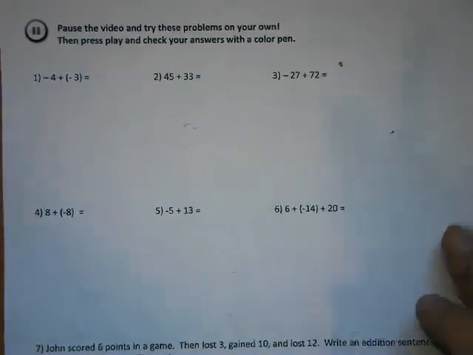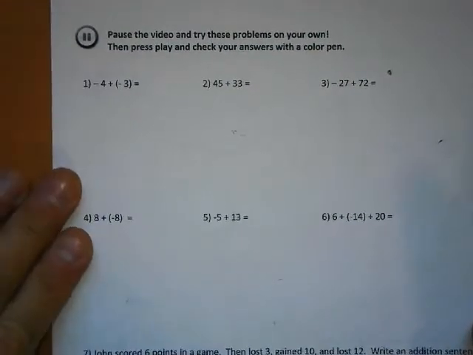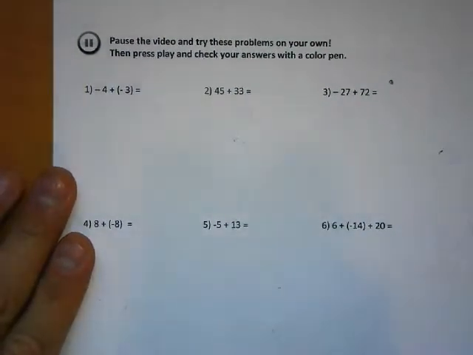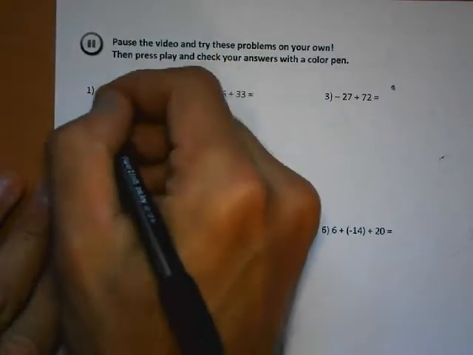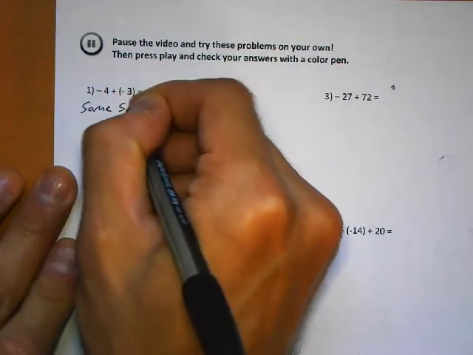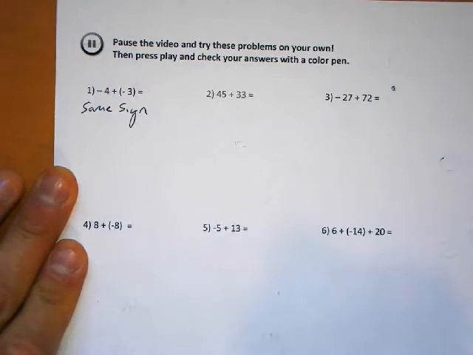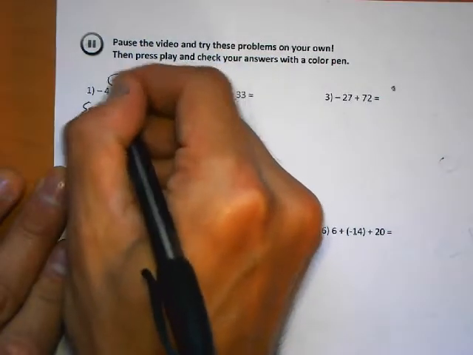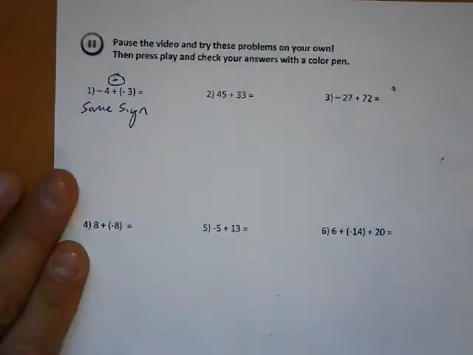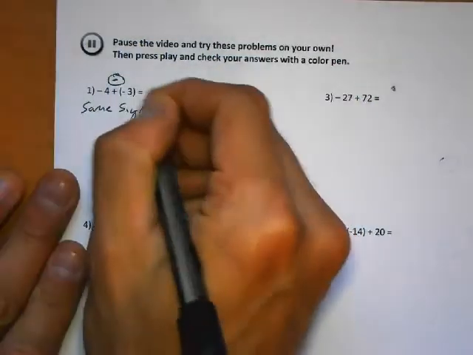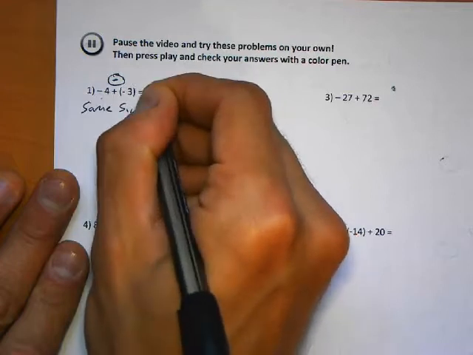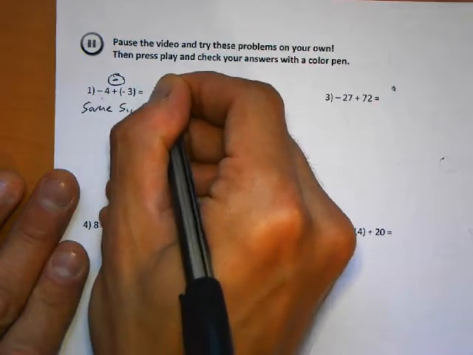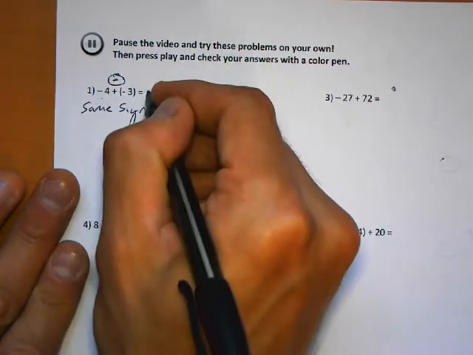Okay, -4 plus -3. Each time, let's use the rule. I notice that these have the same sign. So remember, I'm going to find the sum, and because it's two negatives, I'm going to keep the sign that they have. So the sign should be negative. So -4 plus -3, let's find the sum, it's 7, and they're both negative, so that means the answer is